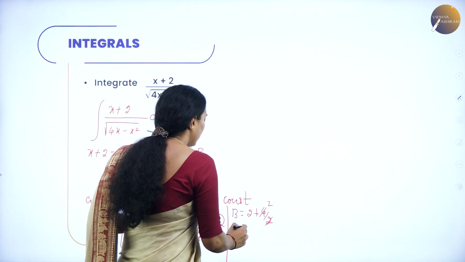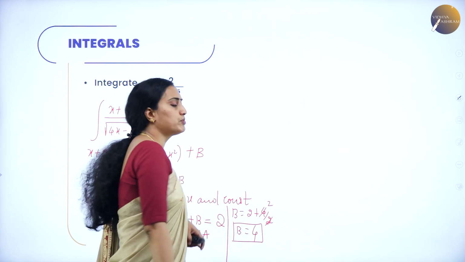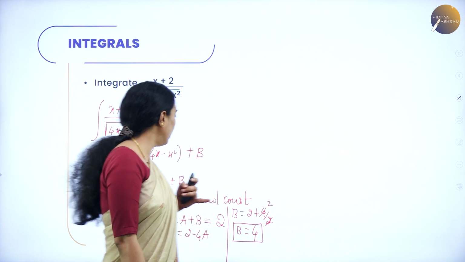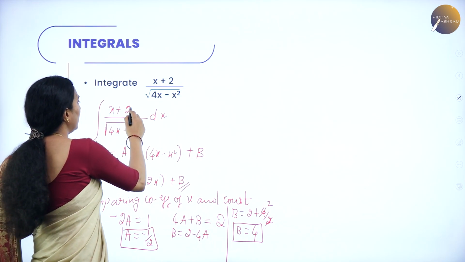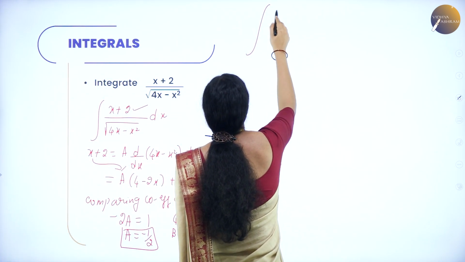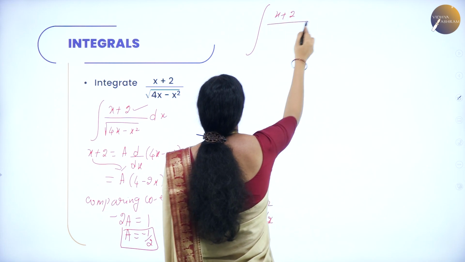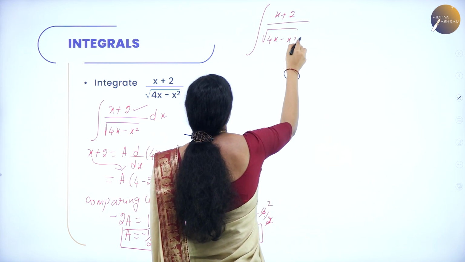2 plus 2 is 4, so b is equal to 2 plus 2, which is 4. Now substituting the b value 4 and the a value minus half here. You are going to substitute this in the integration. Therefore, you can have the integral of x plus 2 divided by under the root of 4x minus x squared